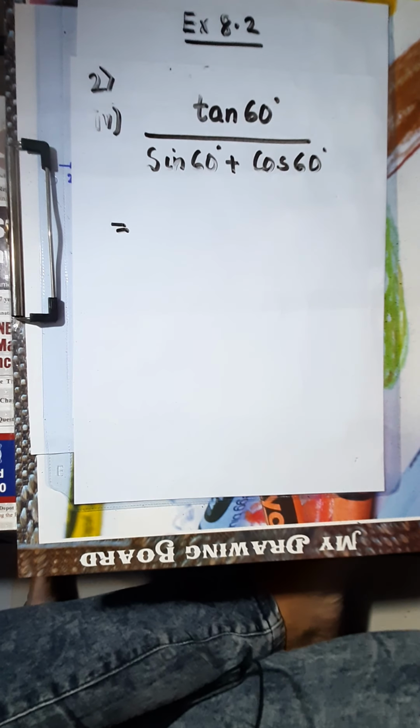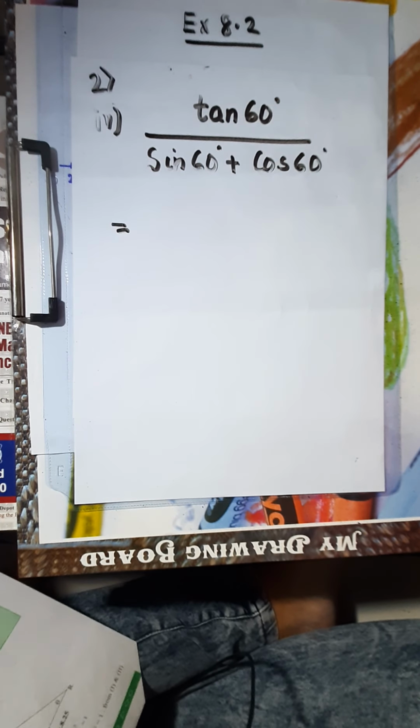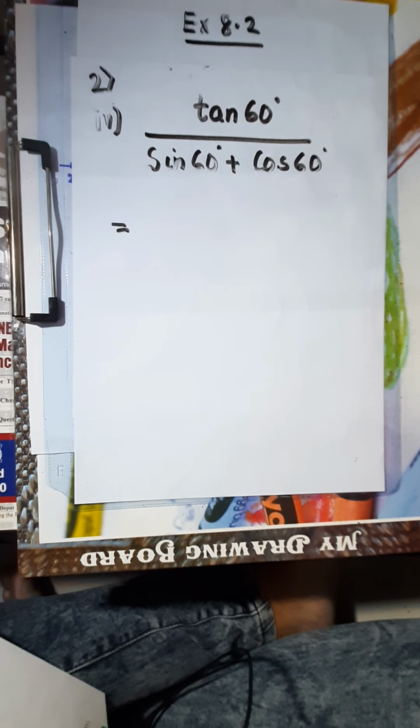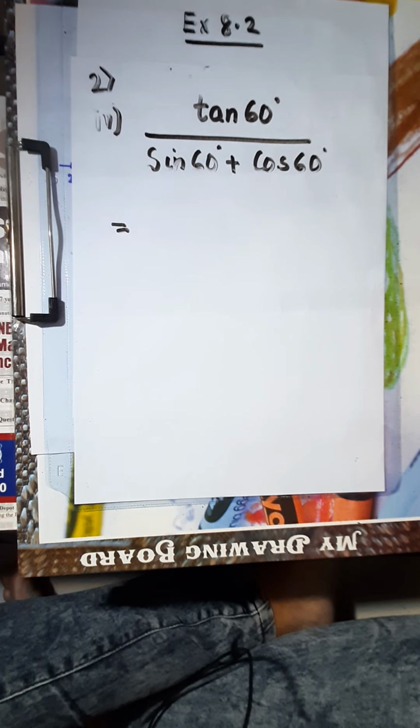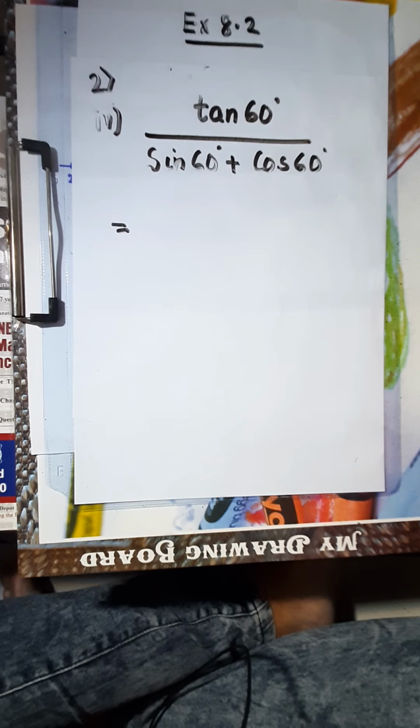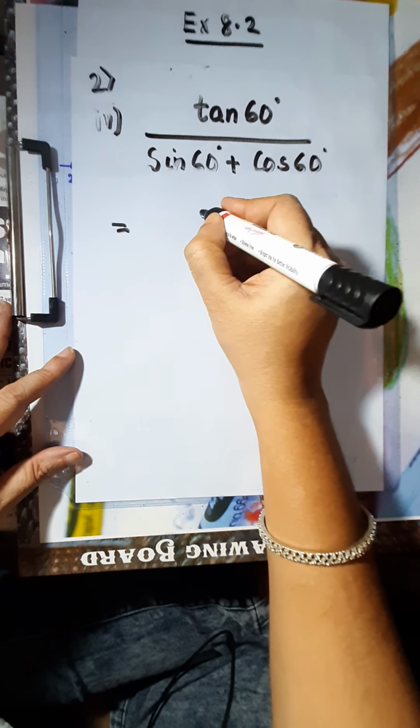Sine 60 plus cos 60. Okay. Now, what is tan of 60? Tan of 60 is equal to root 3